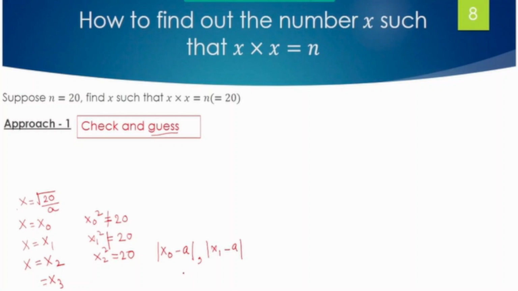So I will call this the E0 error. That means this quantity is the error in the 0th iteration, or at the beginning. This quantity is the error at the first iteration. Similarly, I can have x2 minus a, that is E2, and so on, right? Now let's say I have xn minus a, this is my nth iteration error. These are all iterations. Every time you update this value, we are going into the